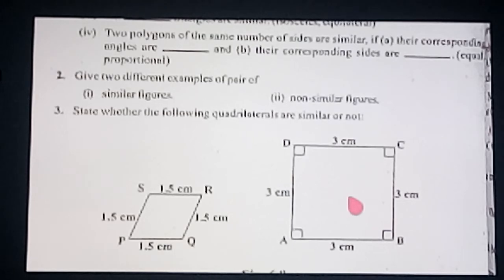Okay, did you get clear? So when will two quadrilaterals become similar? If all the corresponding angles are congruent and all the corresponding sides are in the same proportion. You just verify these two conditions only. That is enough. Learn the correct points, then if any questions come from outside also, you can solve them.